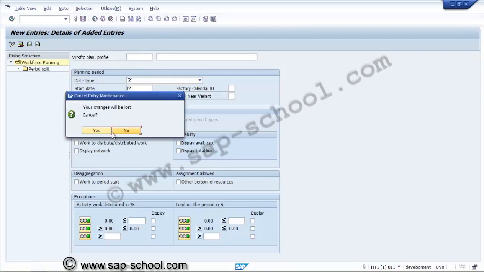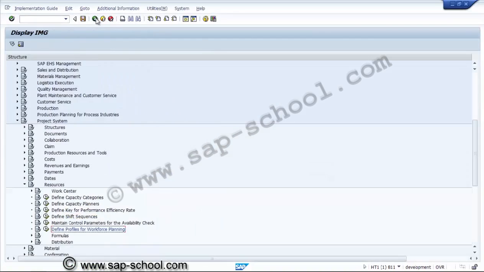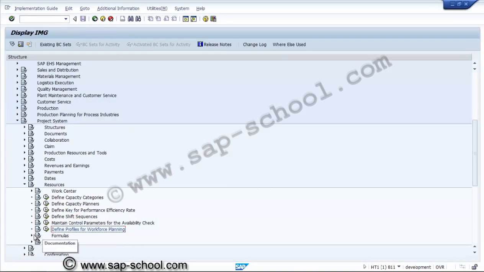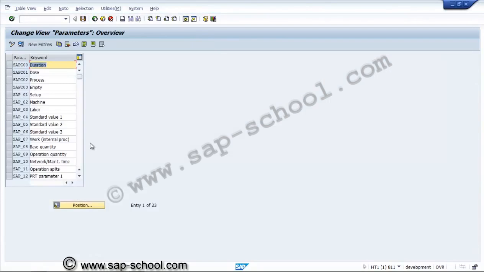For workforce planning, we have to mandatorily integrate with the HR master, and the formulas for the parameters, we use